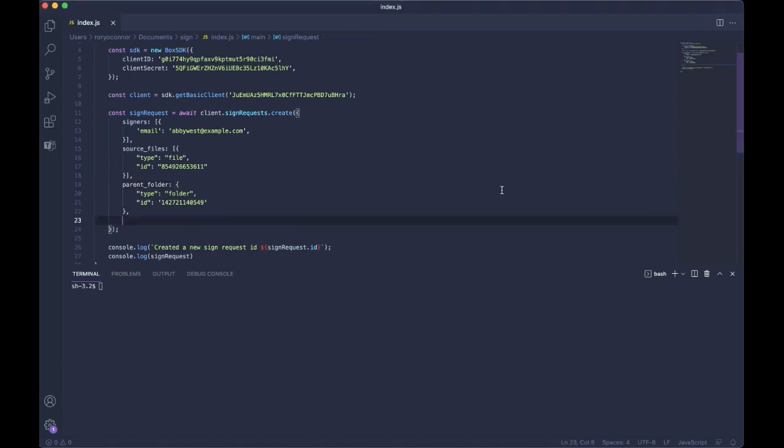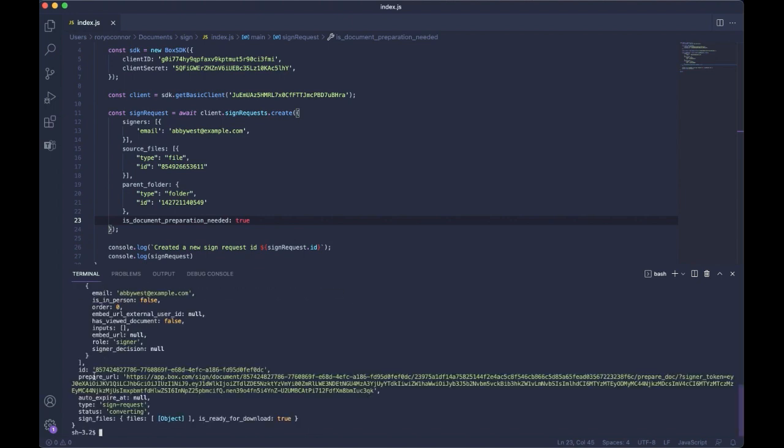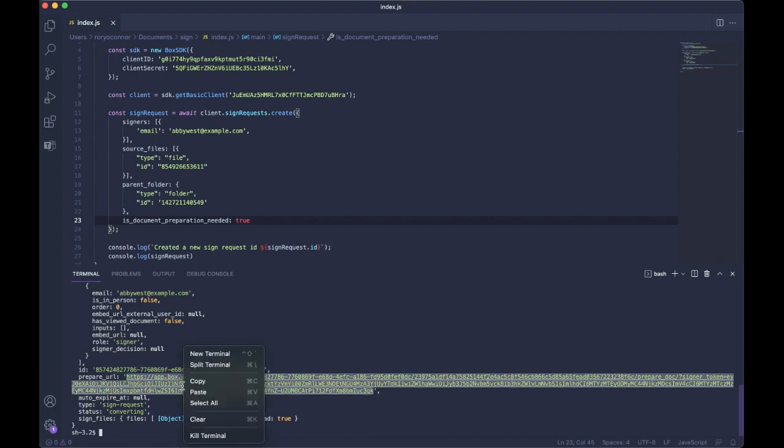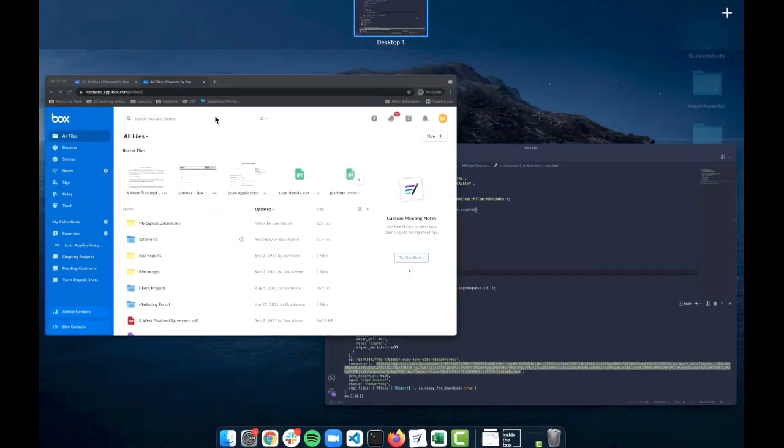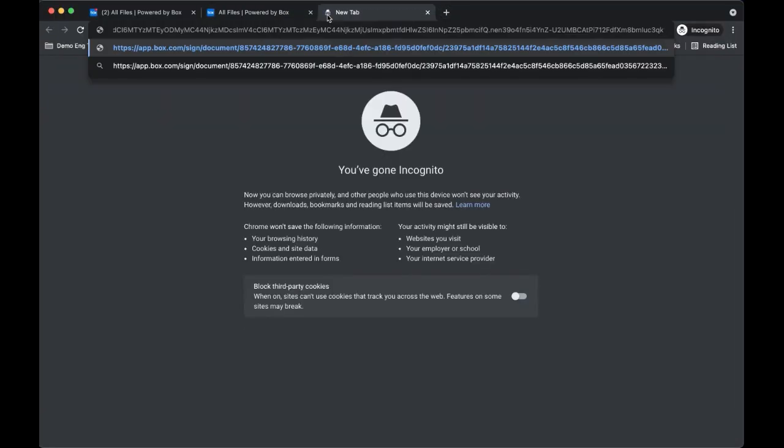In the event that you need to further prepare the document, for example, specify where in the document the signer should place their signature, you can use our document preparation flow. You can do this via our API using the isDocumentPreparationNeeded flag and setting it to true. So when that's set to true, when we run this request, we'll receive a prepare URL in the response. If we copy this URL, we can open up our browser, paste it into the address bar, and access